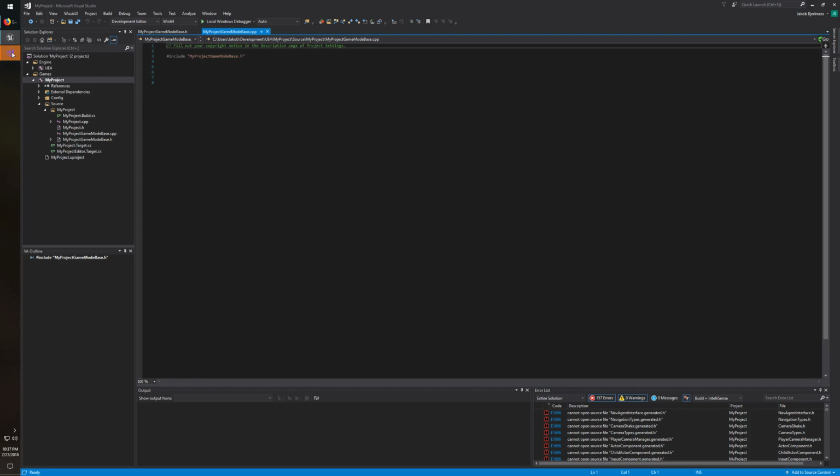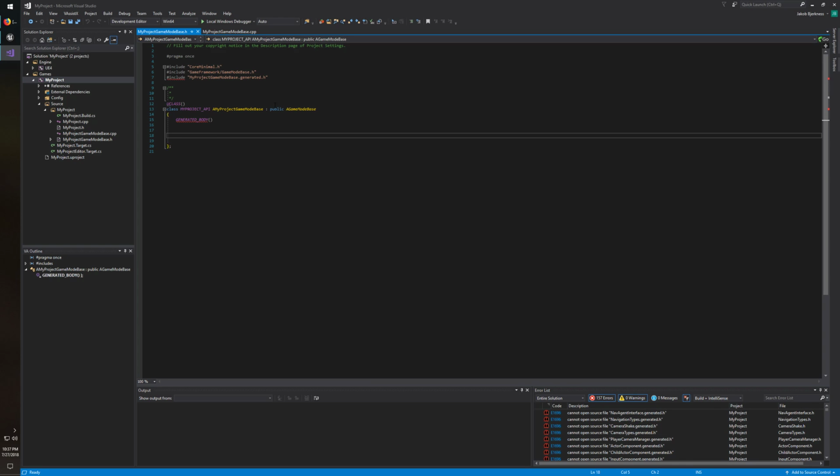We open up our base game class and bam, we're immediately hit with 157 IntelliSense errors, which is exactly the right amount of errors I want to see when I open up a brand new project. What's happening here? Well, basically IntelliSense is just not finding these generated files, and typically what you do when you